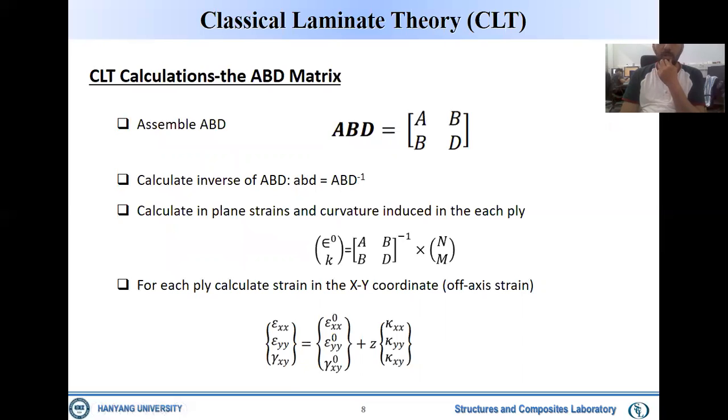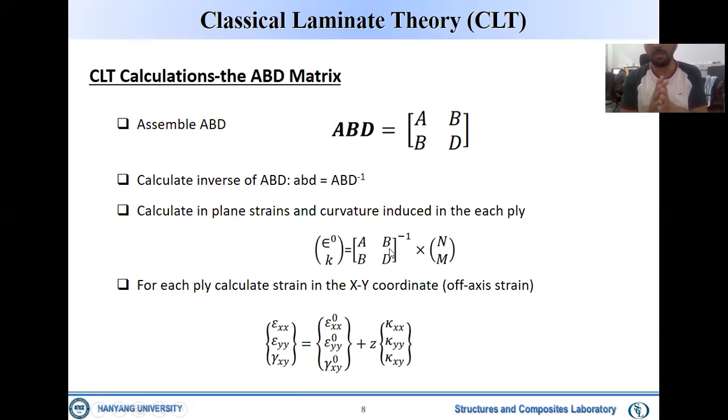So we will determine the ABD matrices for each ply. Then we will assemble it. Then we will determine the inverse of the ABD matrix, and by using this formulation, we will determine the in-plane strain and